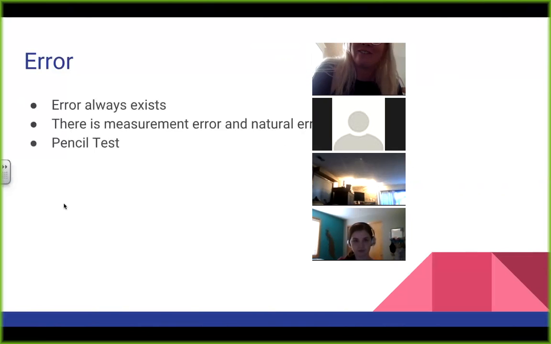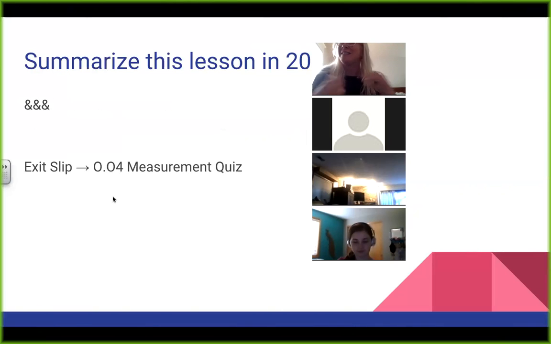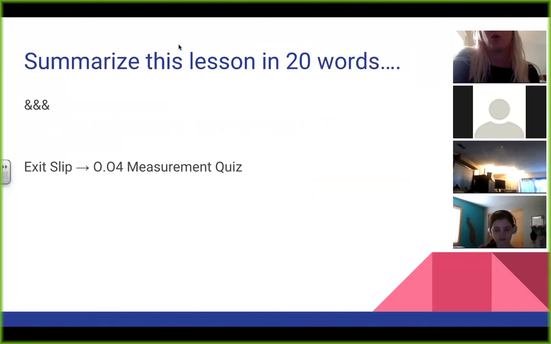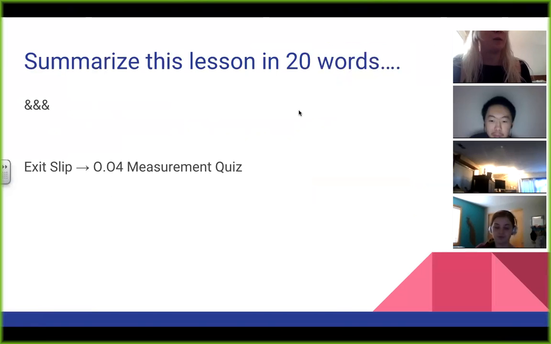Exciting stuff right there. So that's the end of the lesson. So what you're going to do now on your Cornell notes is take a second, try to summarize the lesson in 20 words or less. And I actually have to grab my computer charger while you guys are summarizing that. So take a second here, look at all the stuff you just wrote down, all the stuff we went through. How can you summarize in 20 words or less?